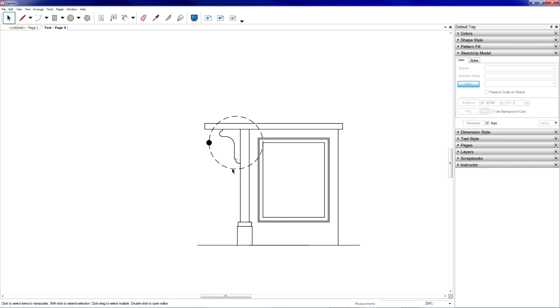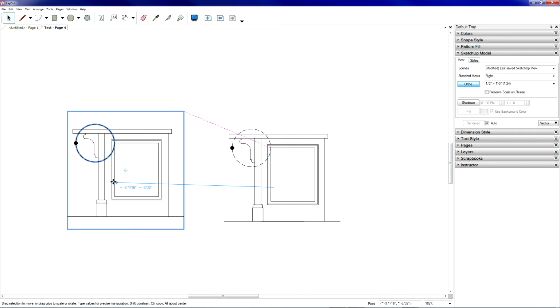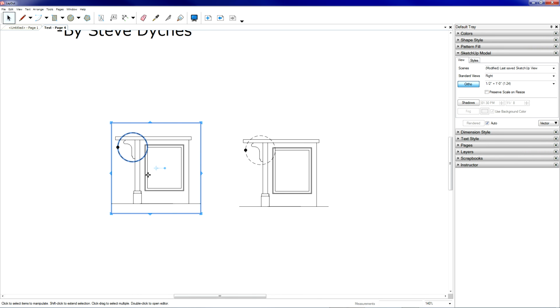And the way you do this, you just select the circle, hold down the Shift key, select the rest of the drawing or the cabinet, and use the standard Windows commands for copy and paste. Control C, Control V. It'll make a copy and paste it right over the original. Move that copy off to the side, and while both the circle and the main drawing are selected,